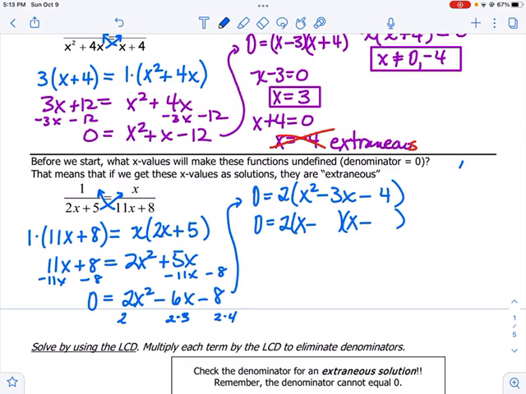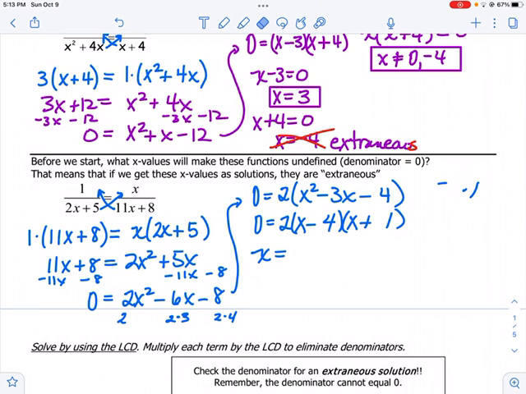Well, what are the factors of -4? I have 4 times 1, right? And one of them has to be negative and one has to be positive, and that's the combination you're going to get. So -4 plus 1. So you can see that we get x is, oh, and one thing I forgot to do